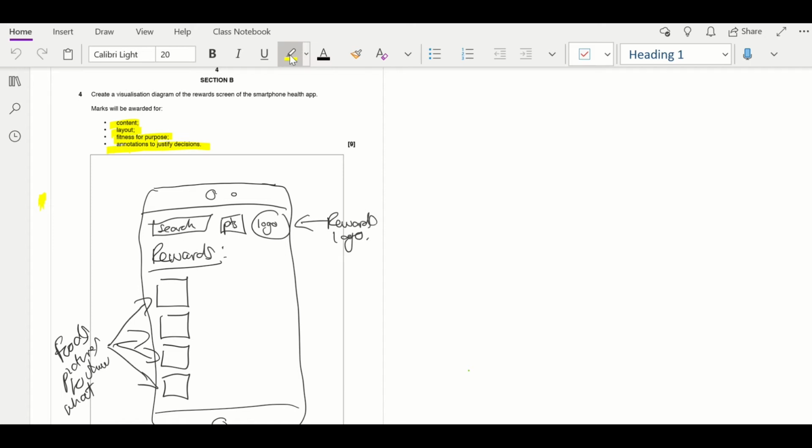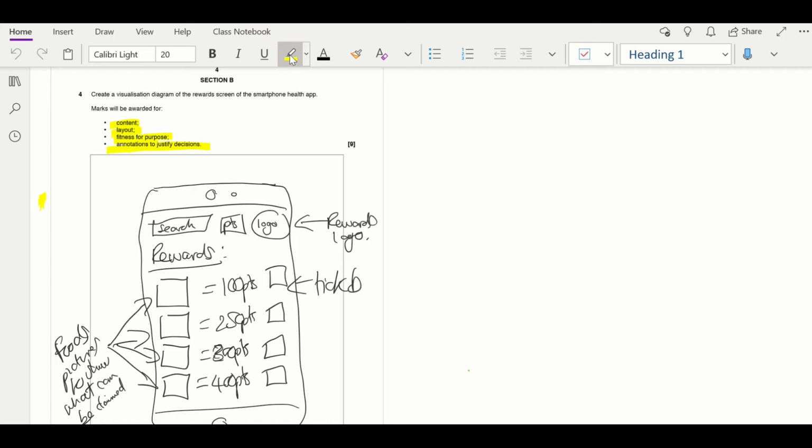So, food pictures to show what can be claimed. And then here we might have how many points you need with a tick box. So these ones could be 250, these could be 300, and then this one could be 400 points. Okay, so these tick boxes could then be used